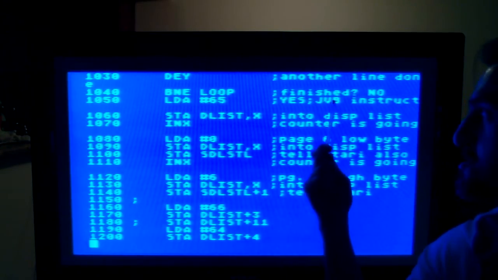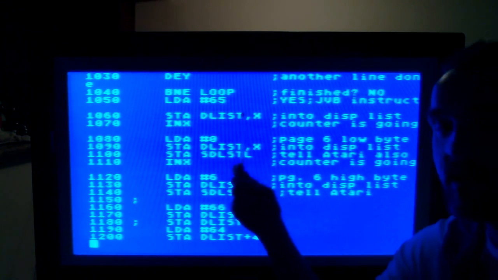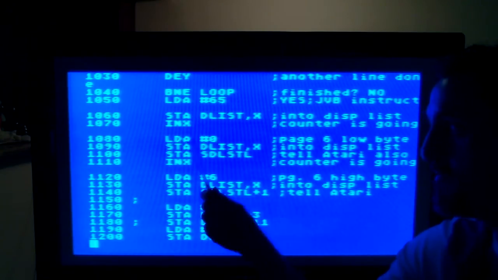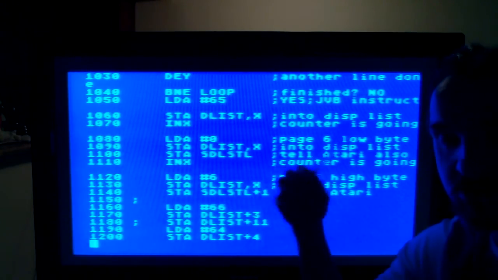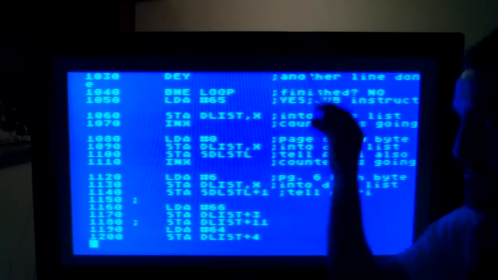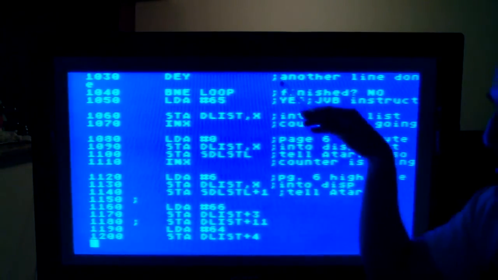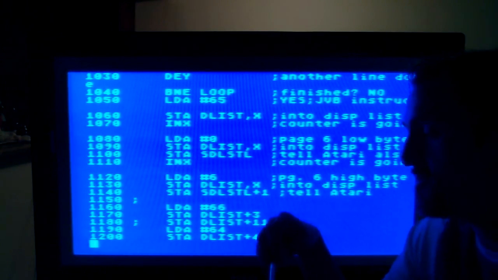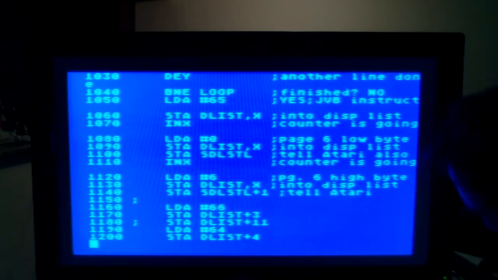So you have to basically jump from the vertical blank inside of your display list for it to be able to jump out of the display list without basically crashing, because it's keeping track of that horizontal scan beam. And this is how it jumps out of the loop basically. I know that's a mouthful, but